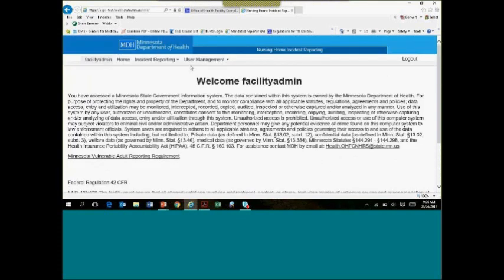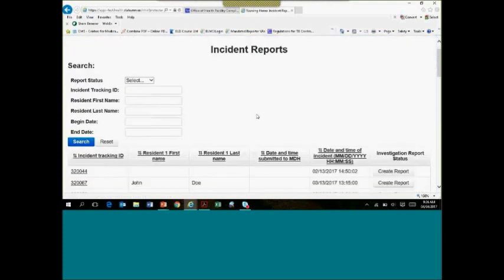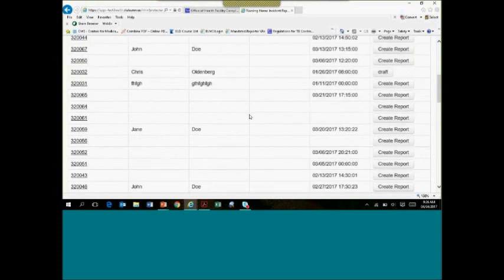Okay, so now incident reporting itself. So back to this incident reporting dropdown. So we've seen submitted reports, we've seen drafted reports. Say you just want to check on the status of a report. So you want to search incident reports. So if you go to search incident reports, it pulls up the full list of everything that's been reported in the system on your facility's behalf,